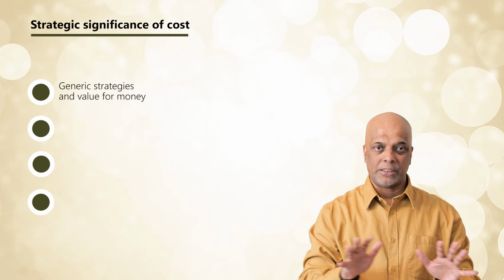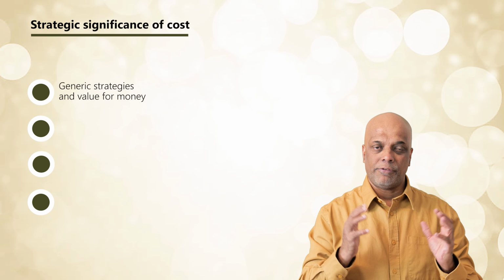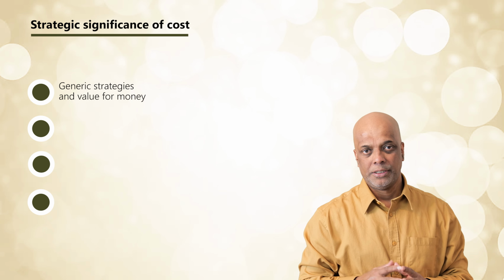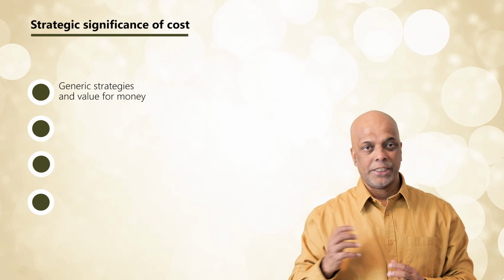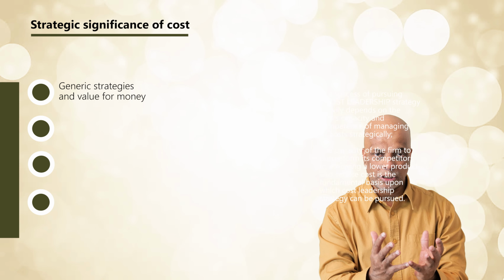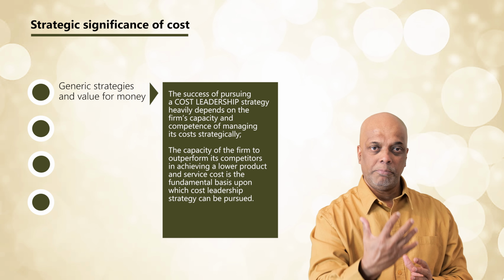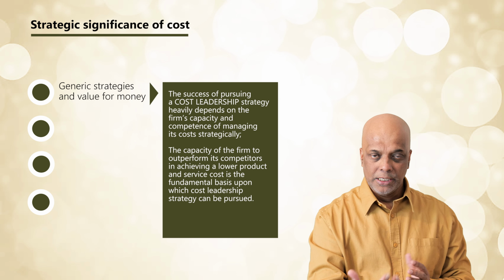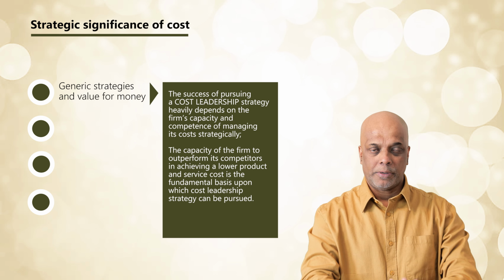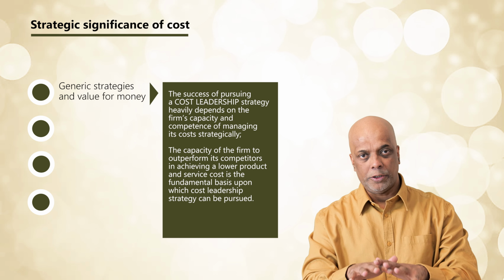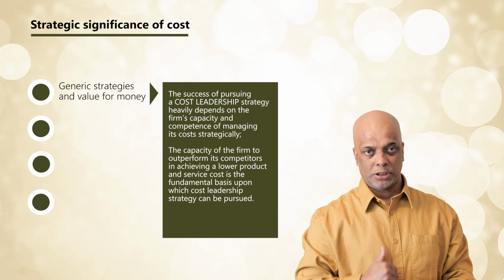As we discussed in the previous lectures, according to Michael Porter, there are two generic strategies that a firm can pursue in the market. The first one is cost leadership strategy, and the second one is differentiation strategy. When it comes to cost leadership strategy, the firm is trying to achieve a competitive advantage over its competitors by offering an acceptable product at a very low competitive price. So to achieve that low competitive price, the firm should be able to produce that product or service at a very low cost. So therefore,